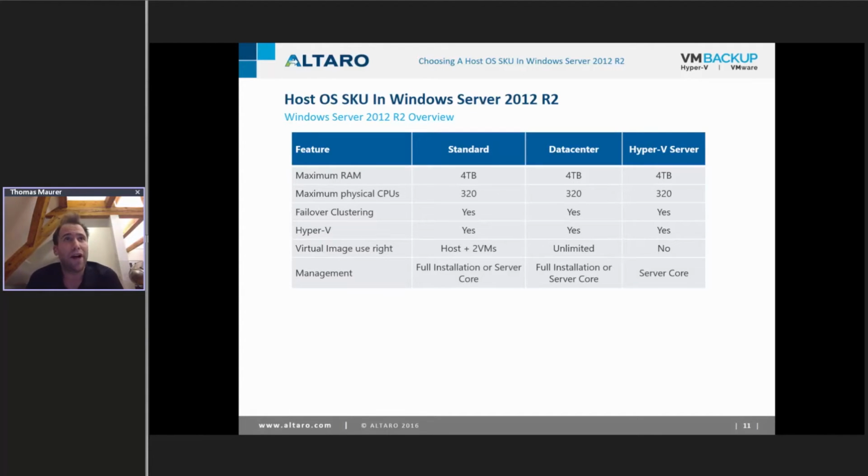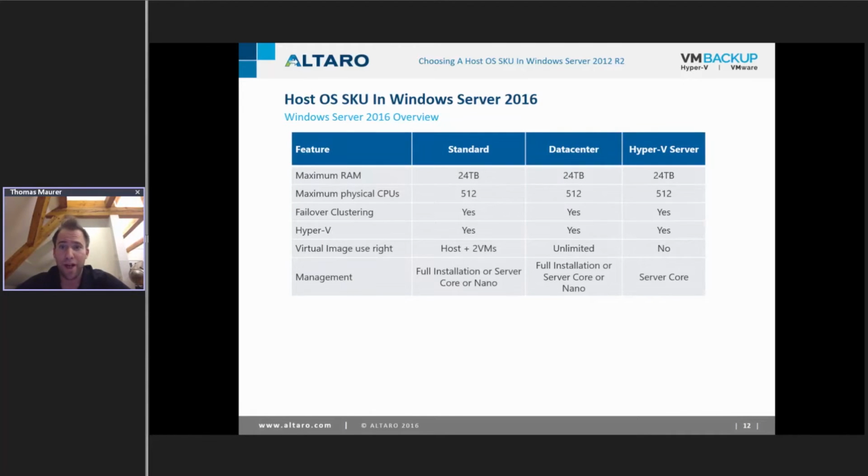You don't have to pay anything. If you're running VDI and you have to license Windows 10, Windows 8 or Windows 7 virtual machines, this was great too, because those are totally different licenses, right? So you don't have to pay for Windows Server licenses you don't need. Basically you could say Hyper-V is free. The only thing you have to license are the virtual machines on top of it, and that doesn't really matter if you're running Hyper-V or VMware. And one of the big changes here was that you had the option to install full server or Server Core in Standard and Datacenter. Hyper-V Server just came with one edition and was Server Core, right? So that's one thing I have to mention here.